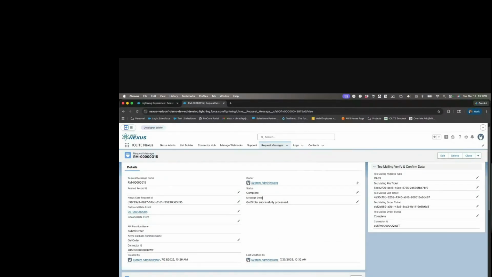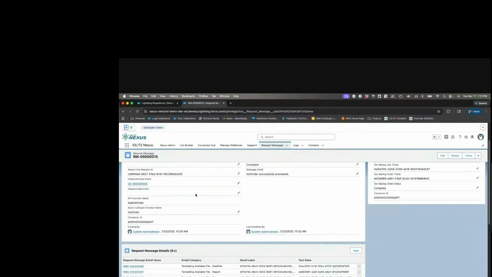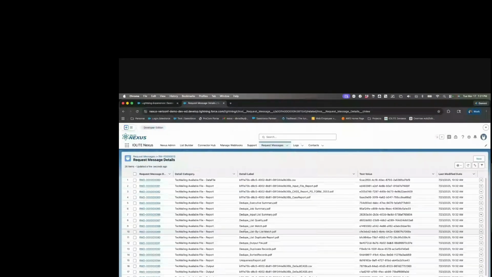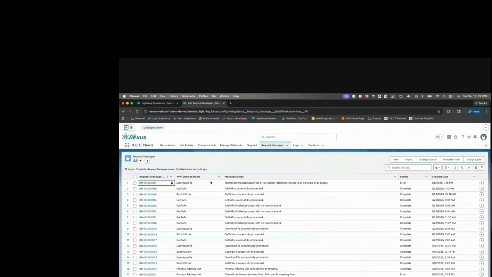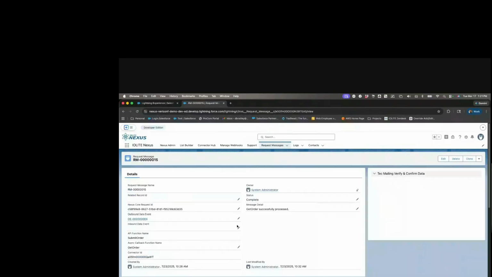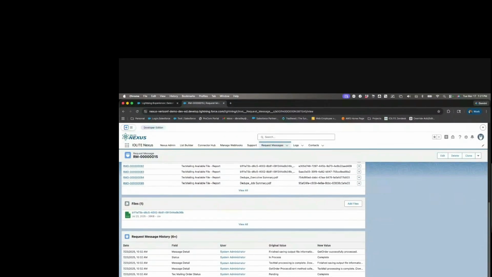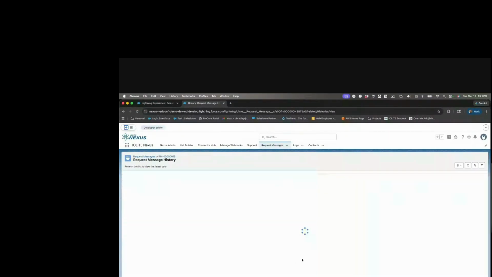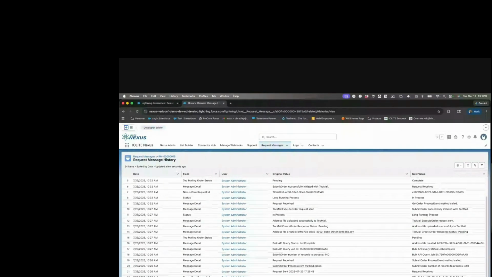What Darren's showing you here is the debugging capability that we have. This is the request message outbound. So when we send that message out and we start sending all of your data, this is our logging tool, and all the logging happens here in Salesforce. That's actually by design, because if there are problems or issues, we want you to be able to see it in Salesforce. We don't want you to have to go to a third-party tool or anything like that. So you can see error messages, you can see what's happened, and you can drill into it and pull